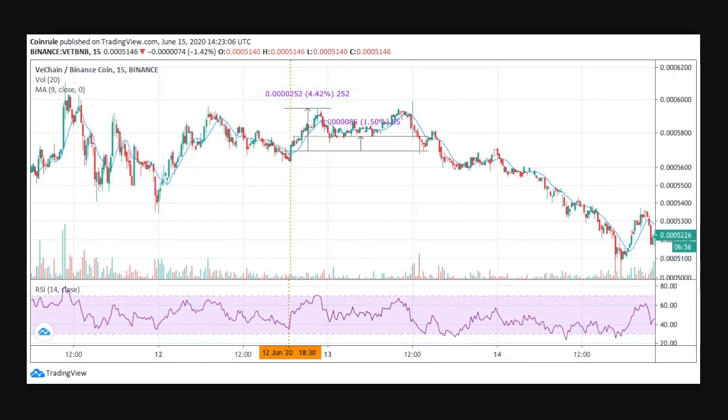Here we have another example where again we have a low RSI, the price is above the moving average, so this is our buy signal. But in this case we closed the position too early. As you can see, here is our 1.5% take profit setup,